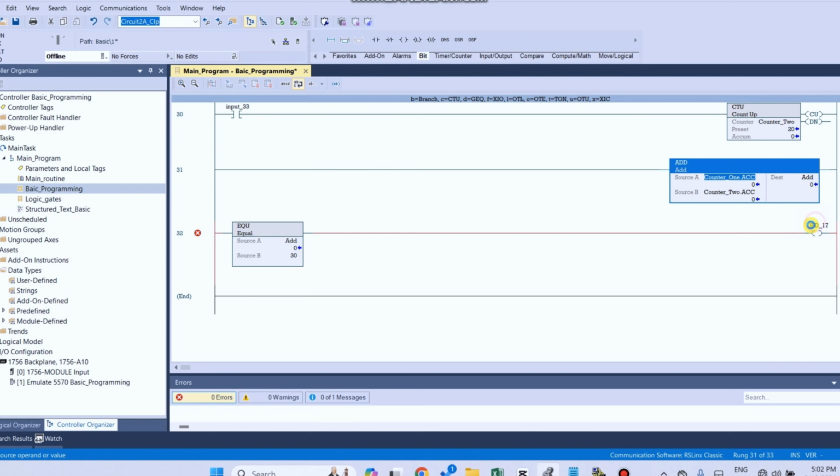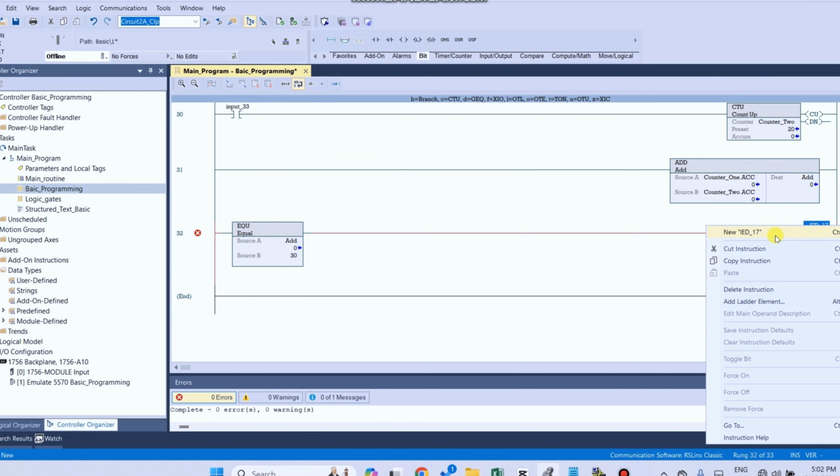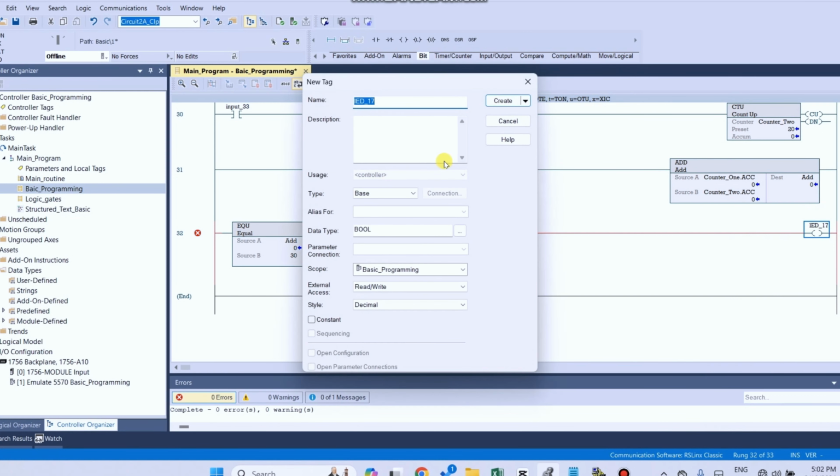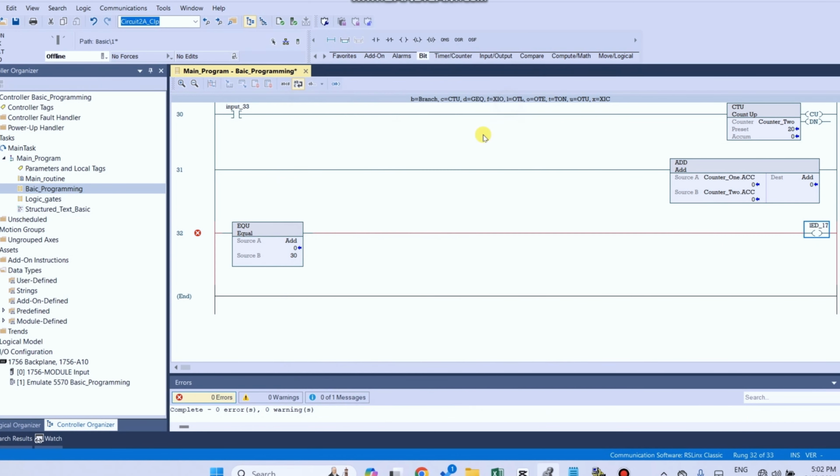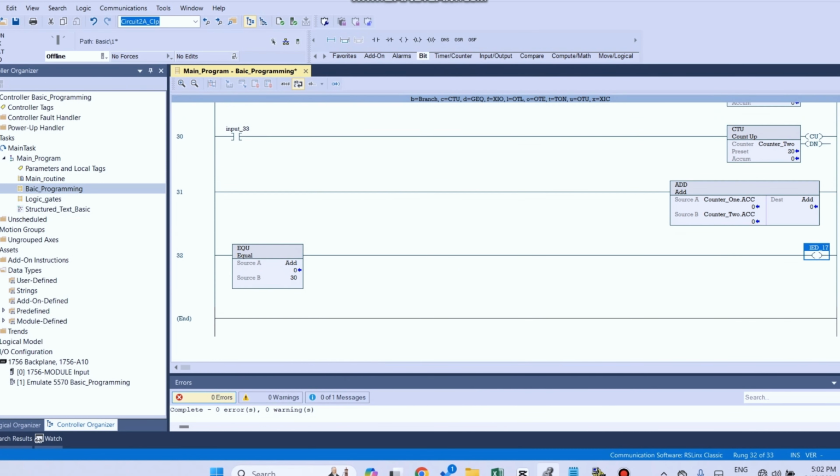Right click, create. So our program is ready. Let's check what will happen.